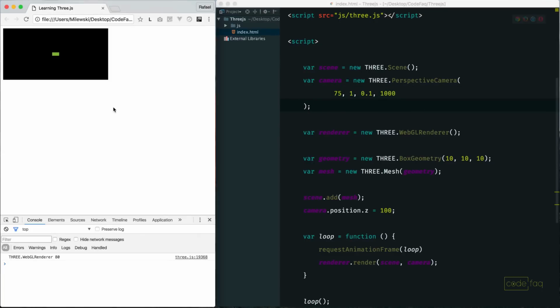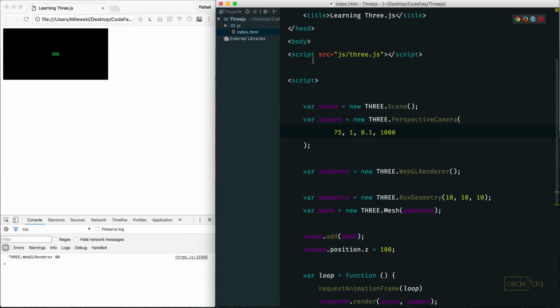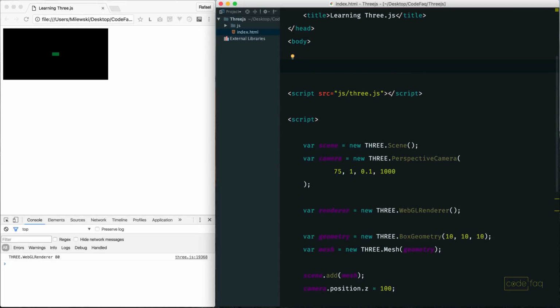So now I will give my page a refresh. You see here, I can see my object is still there. But it's still not a cube, right? I created a cube here, and this is a perfect cube, 10 by 10 by 10. So I need to fix now my aspect ratio. To do this in an easier way, let me create a container here to contain my canvas. So I will create here a div with ID container,